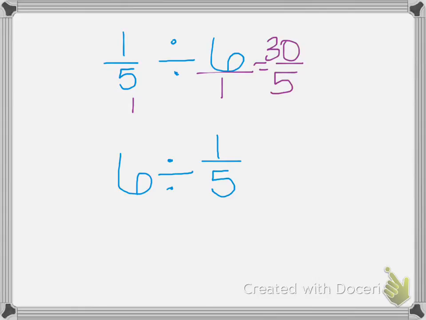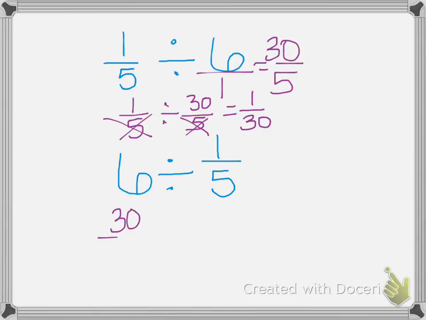So then we have 1/5 divided by 30/5. We completely ignore the denominators and just divide the numerators. So 1 divided by 30 is 1/30. So for the second one, we can do the same thing. And since we already figured out 6 over 1 is 30/5,